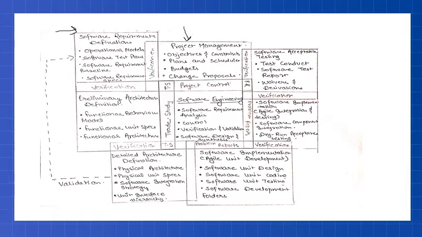Here after this we have plans and schedules. The next one is a very important attribute, the budgets. We must always calculate our budget before we design any software. Here the last is change proposals. After verification we have software acceptance and testing. In this table we have some attributes: test conduct, software test reports, reviews and derivation. Now again verification,